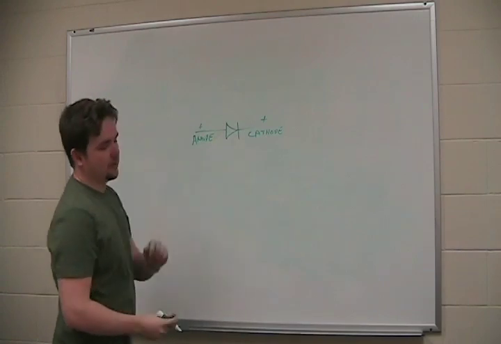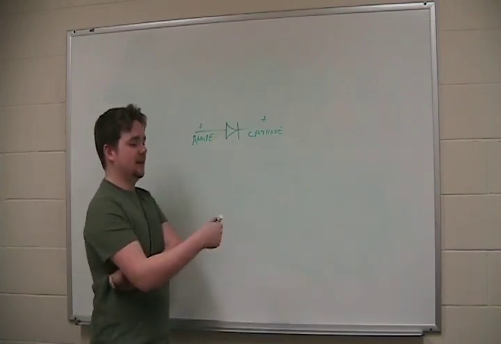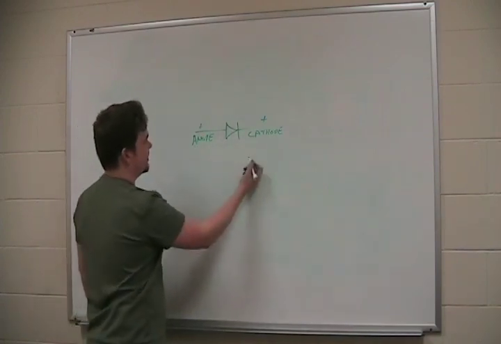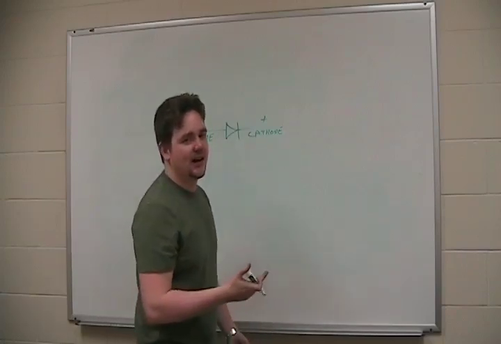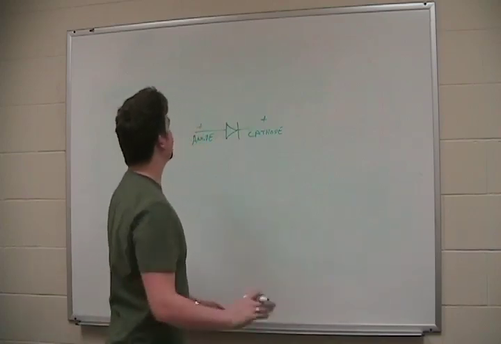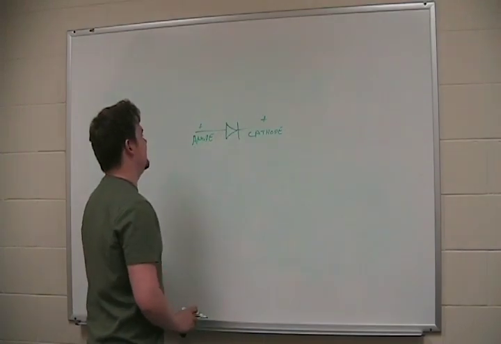Now, the way you can remember this is, I like to look at the alphabet as the A being the positive end and Z being the negative end. Anode, positive, C's further down the chain toward the negative. That's maybe just the only way I look at it. I always remember it. It's up to you. It might be a corny way of looking at it, but what this basically says is that